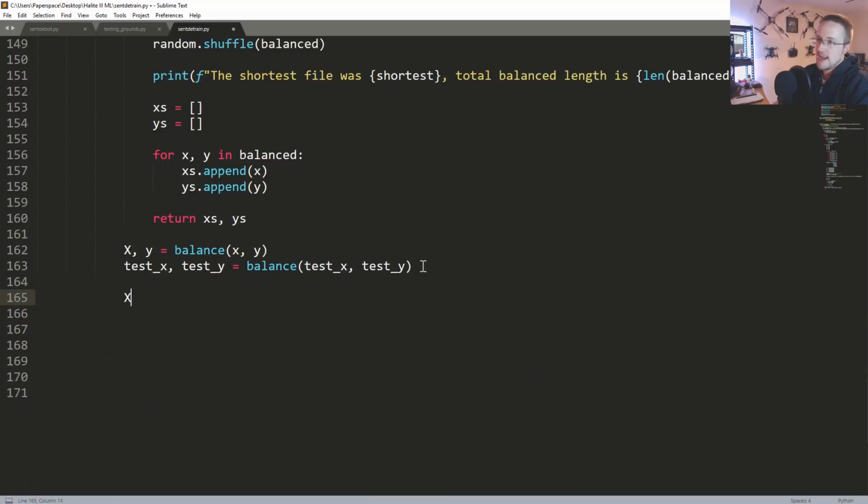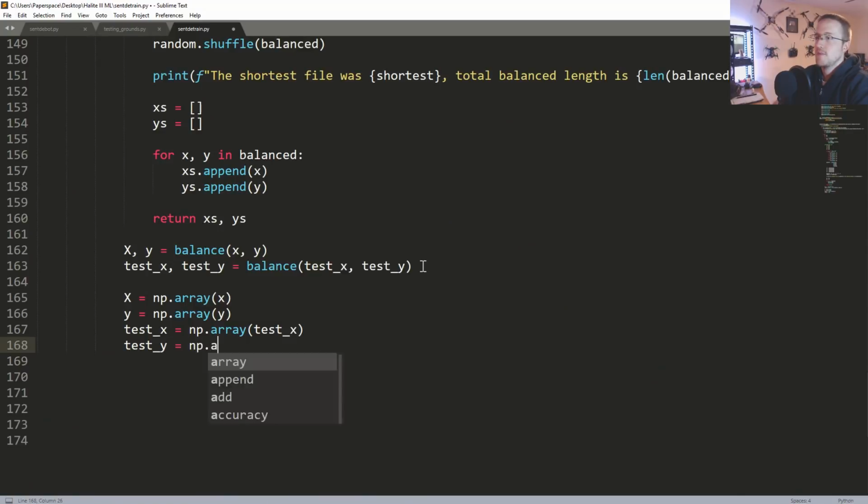So we're going to say x equals np.array(x). I don't think y actually has to be an array, but we'll convert it anyways. y equals np.array(y), test_x equals np.array(test_x), test_y equals np.array(test_y). Okay, now